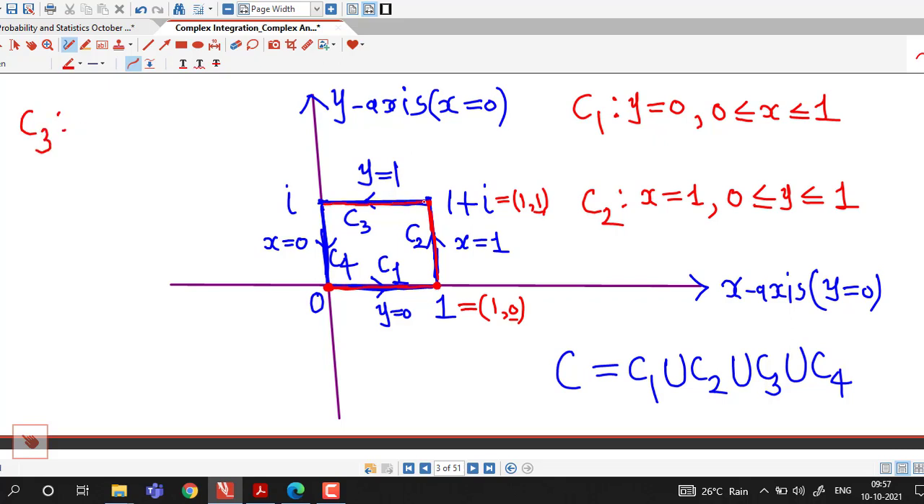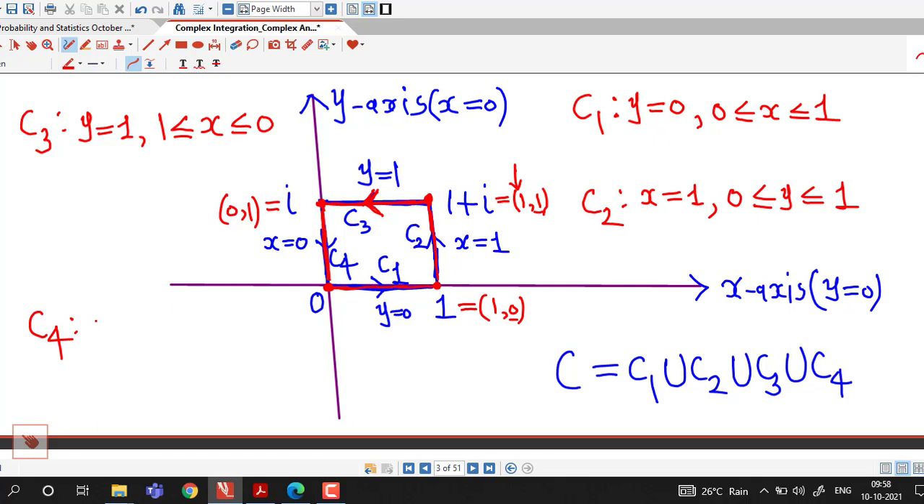Along C3, y becomes constant, y is 1 and x is changing, but the direction is counterclockwise. So we are going from this point to this point. At this point the value of x is 1, so the lower limit for x is 1, and this we can rewrite as ordered pair (0, 1). At this point the value of x is 0, so x is from x equal to 1 to x equal to 0 along C3. And along C4,